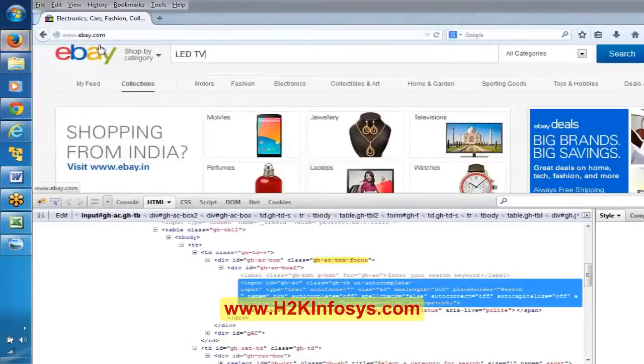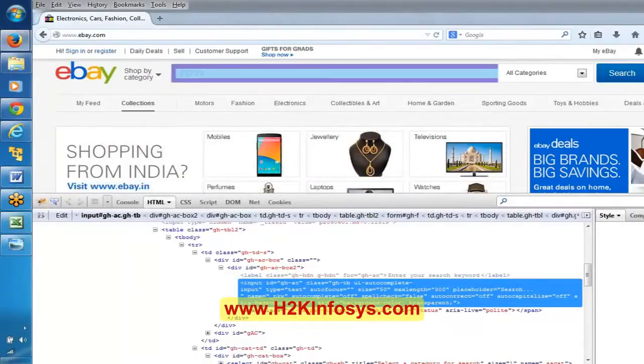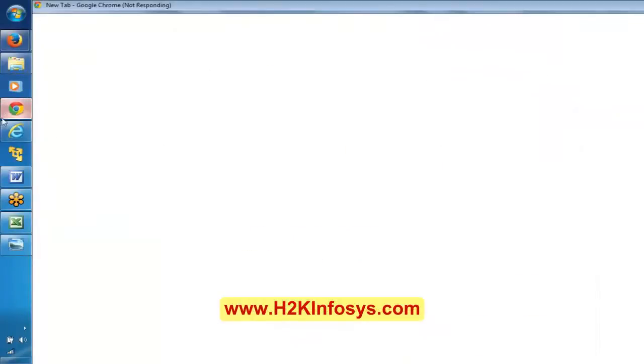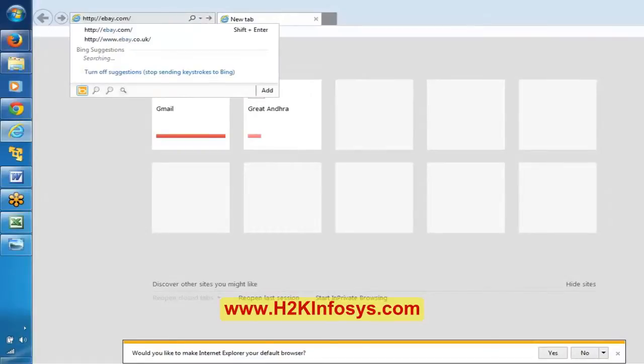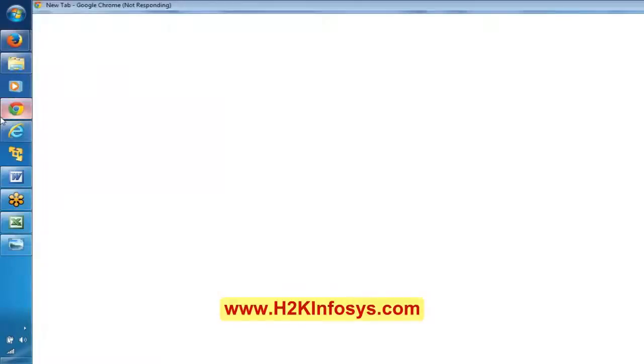Now we have been trying to understand this particular eBay application, right? And we spied this particular text box, and we were able to find this ID name like this. Now similarly here in these browsers also. See here, let me open ebay.com. Here I am opening ebay.com in Internet Explorer.